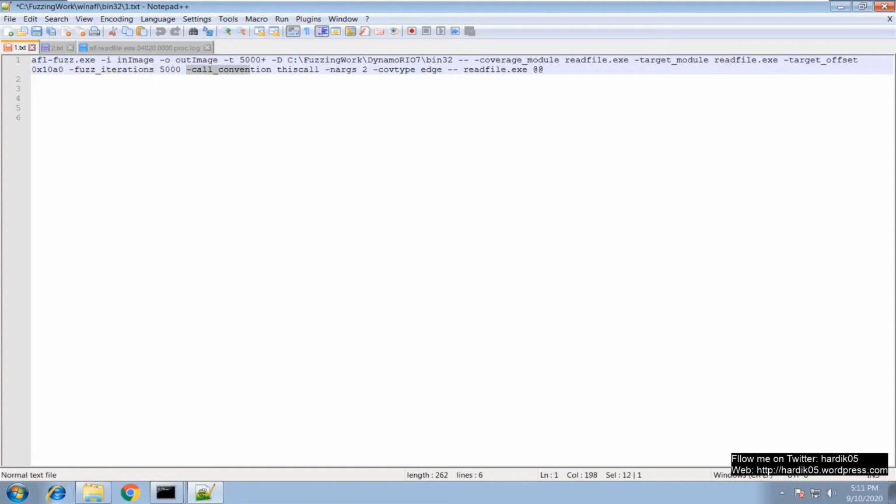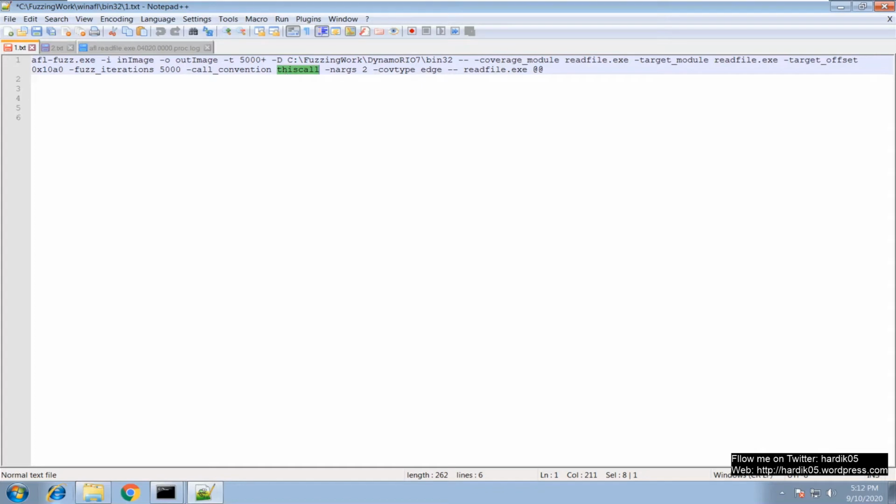Then there is another parameter called call convention. It can be thiscall, it can be stdcall, or it can be cdecl, or it can be fastcall. Generally in Windows, what I have found is that giving thiscall will work perfectly fine. In very rare cases, if you are fuzzing on 64-bit, then that calling convention might have to be changed.